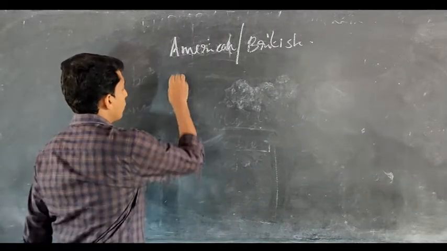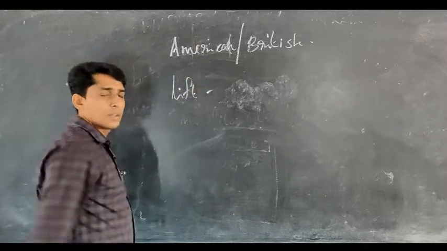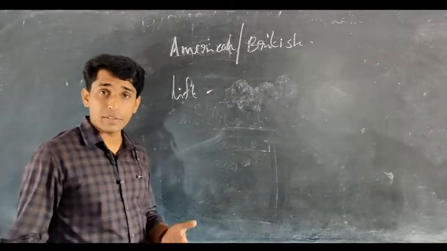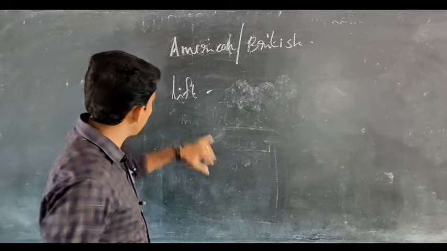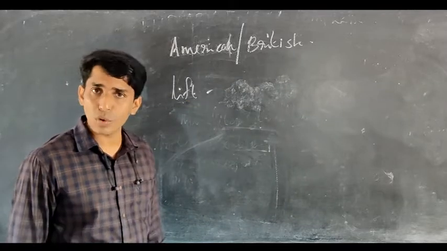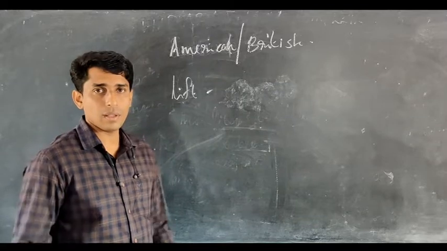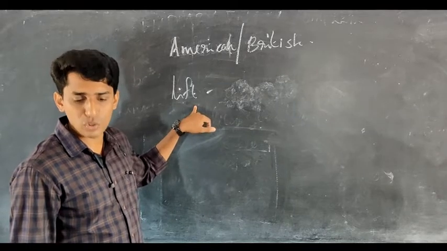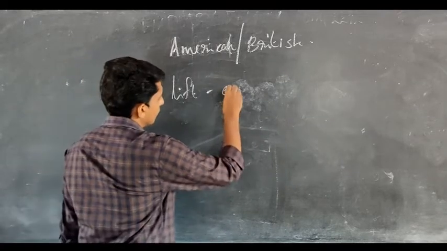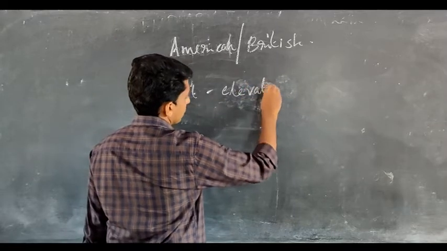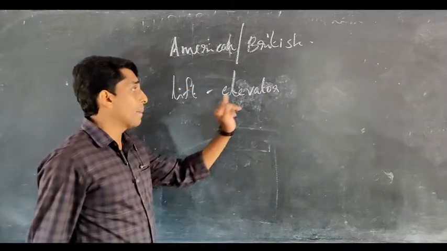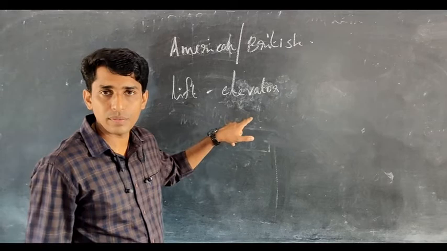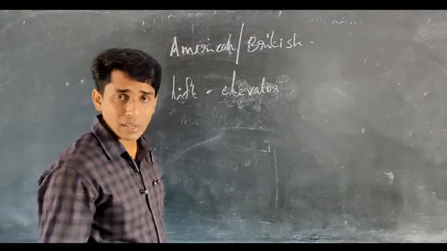When we go to a big building, we will just move up and down. Imagine you are going to a mall. Sometimes you may go on an escalator, and most probably you also will be using a lift. You know what is lift? Lift. Okay. The instrument that is used to go up and down. This is British English. In America, they don't use the word lift. They use the word elevator. So, the American English word for British lift is elevator. Okay, it's okay. And another one.